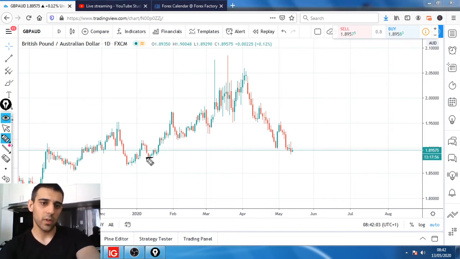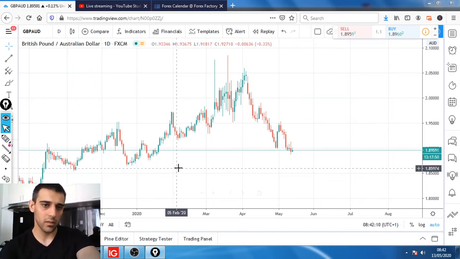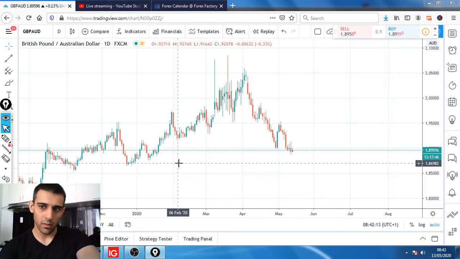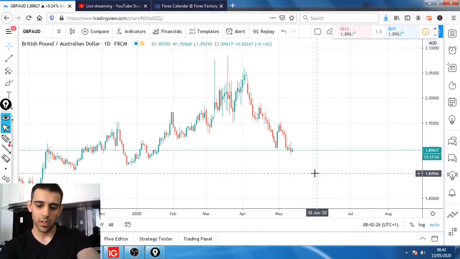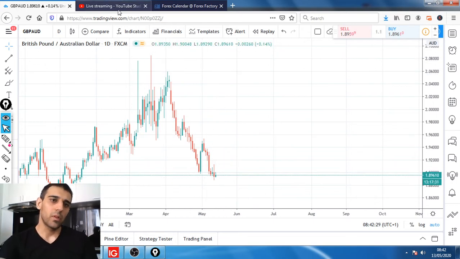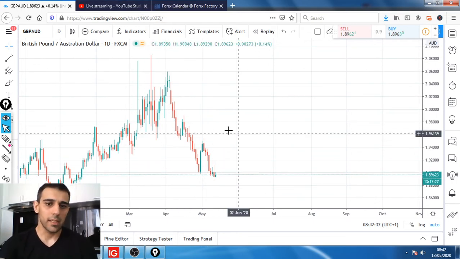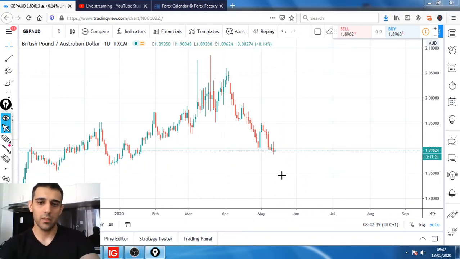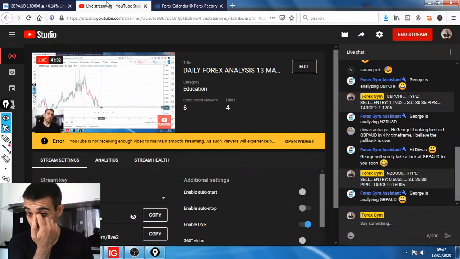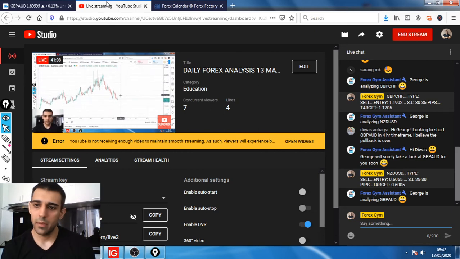So we can have this one as the first target, and I will split this one. First target here, and the second target potentially down to this area here at 187.00, down to this level in here. So I'll split it into two targets, one in here, one down here. Yeah, so that's my view on British pound against Australian dollar in this case. So far it's looking good. The only thing I don't know about is these candles up here, but it's looking good towards the short side in here. So the pullback is over. Okay, I did answer that one.